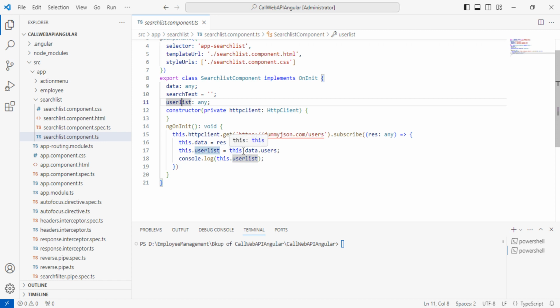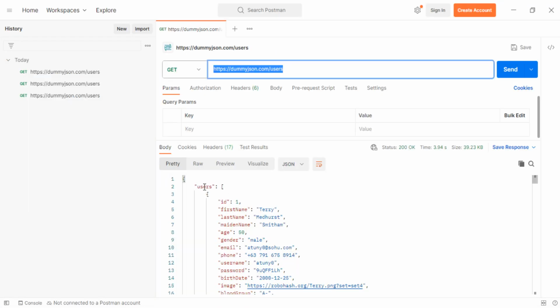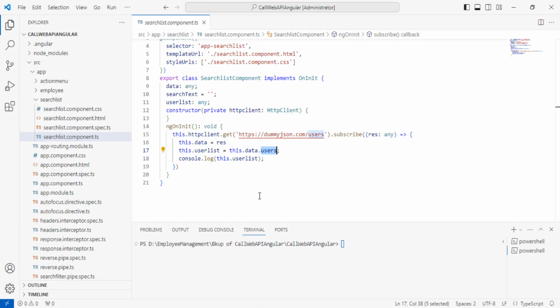And this.data.users, so this users is actually this.data.users, right? This users is nothing but the section you are getting from the response, right? This.data.users. So that data.users, whatever part of the value, will be saved in the userList,